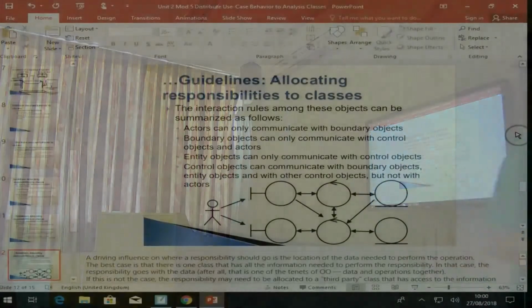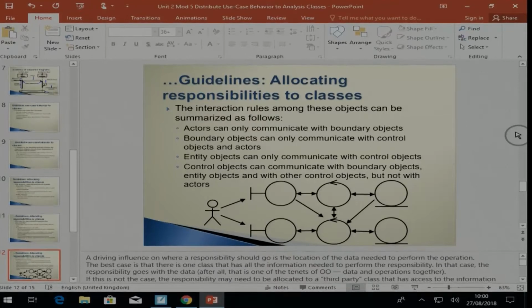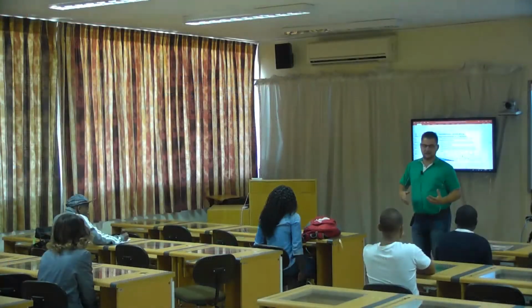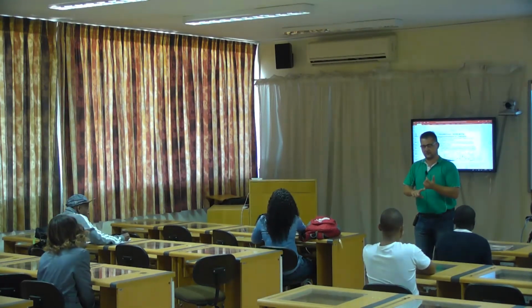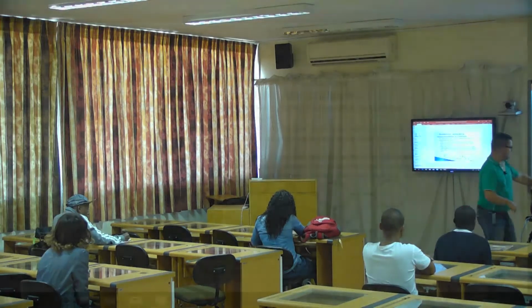If we had to draw a sequence diagram, our actor, what is he going to use, a boundary class? Is there going to be a control class? Will there be an entity class? Yes, to some extent, to those. Okay. Will you have a boundary class? Yes. So if we had to model this,